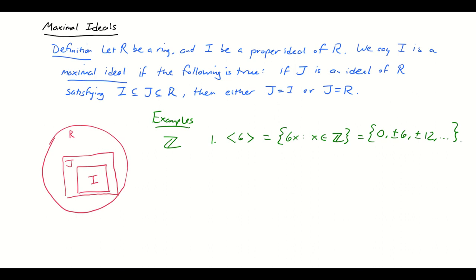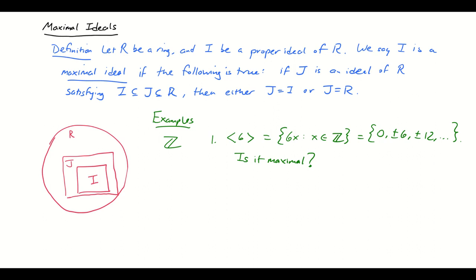All right, that's an example of a principal ideal. It's principal generated by 6. And we're going to ask, is it maximal? You might want to stop the video and think about this for a minute and see if you can decide whether it's maximal or not. So if it is maximal, then there should be no other ideal bigger than this and strictly smaller than the integers. If you believe it is not maximal, then you should be able to find another ideal which is between this ideal and the ring of integers.